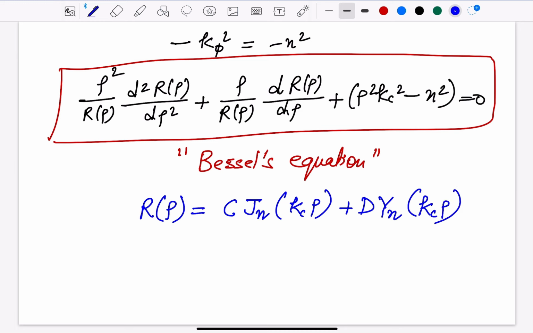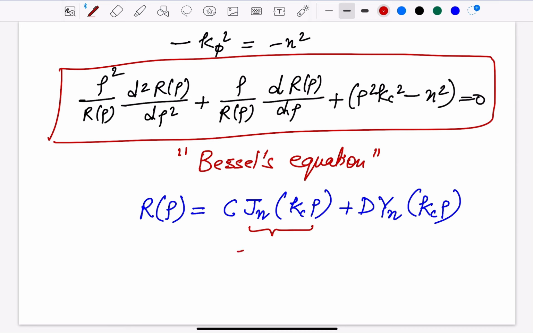Where Jn of kc rho is the nth order Bessel function of the first kind